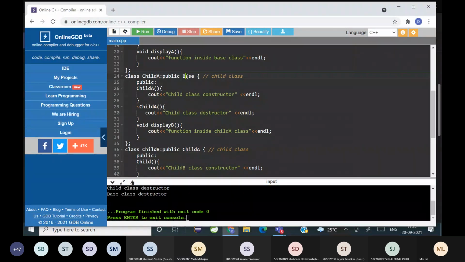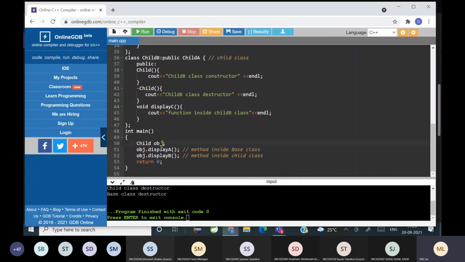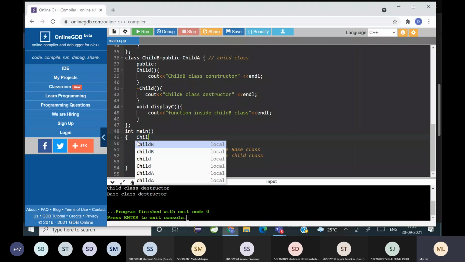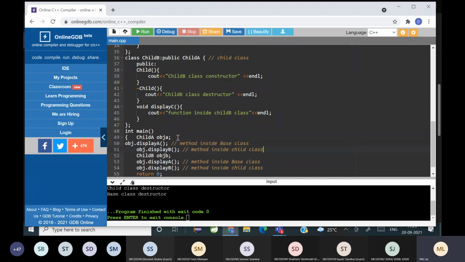Yes. So I'll just create the object of child B. Let me call it this, and I'll create a child A object, so we can see the difference of both. Fine, and I'll call this here.